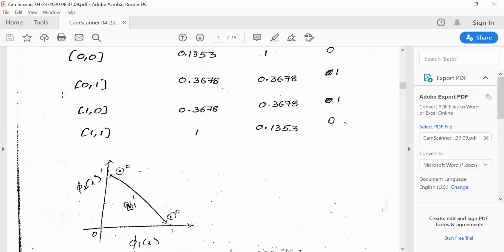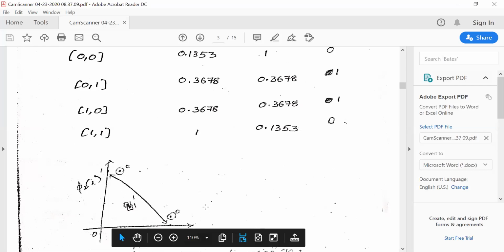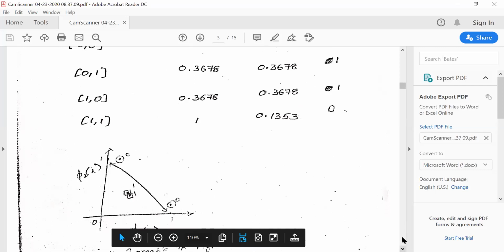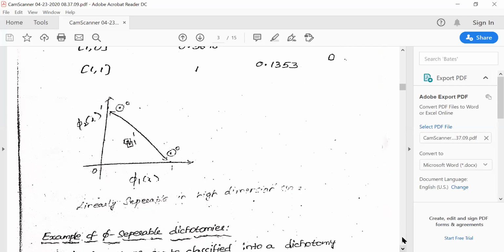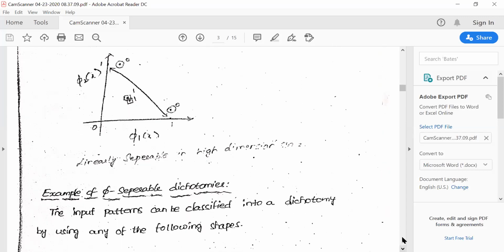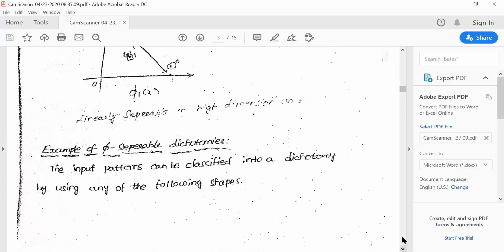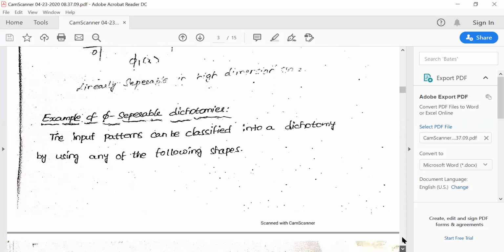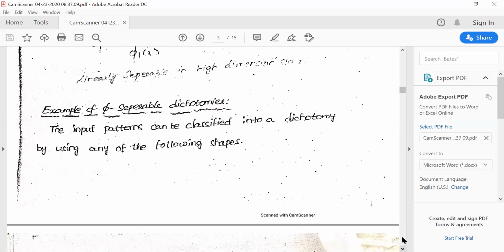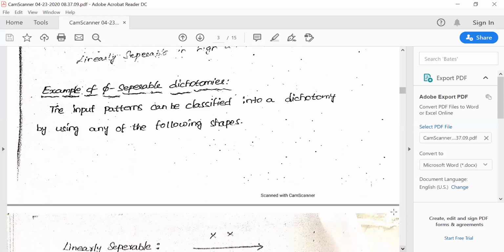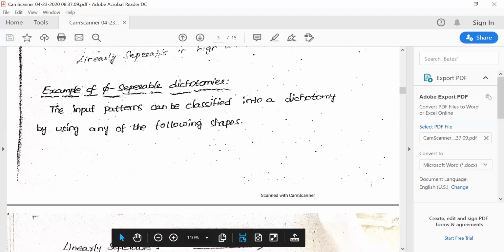So the low dimension space is not linearly separable, but the high dimension space is linearly separable, right? That's what Cover's theorem is saying. This is an example showing the proof of Cover's theorem. What it says is, when you are not able to find a separation for a pattern classification problem in low dimension space, map it to some high dimension space and find a linear separability solution there. That's what it says. Now, an example of highly separable dichotomies. Actually, there are.